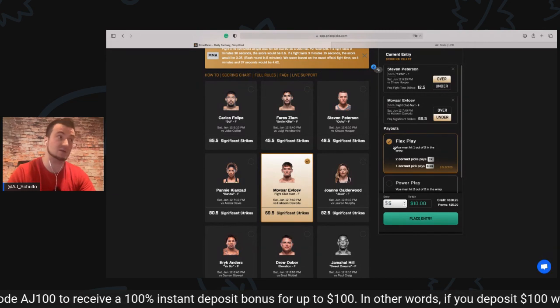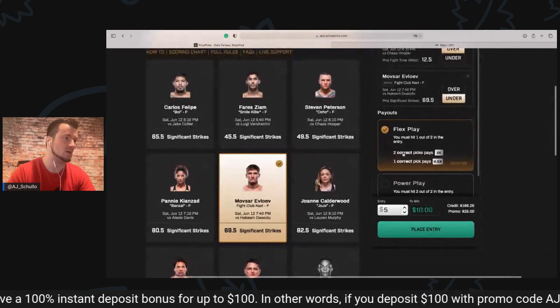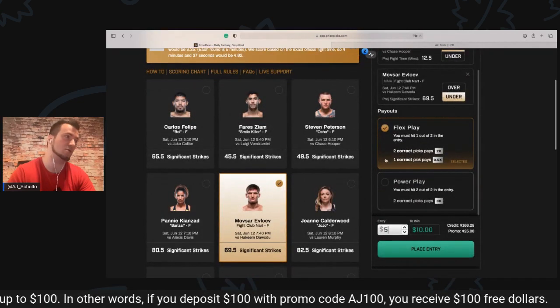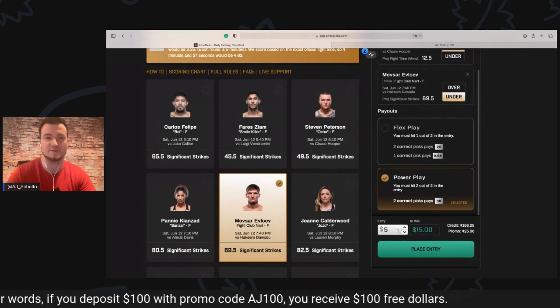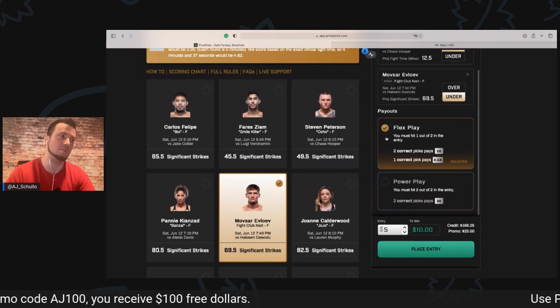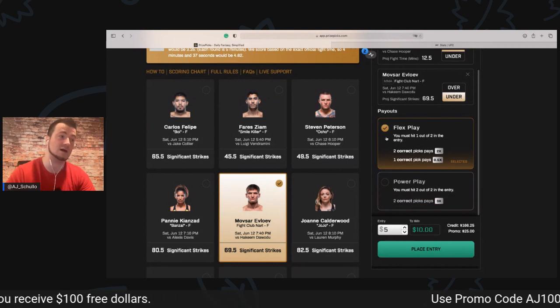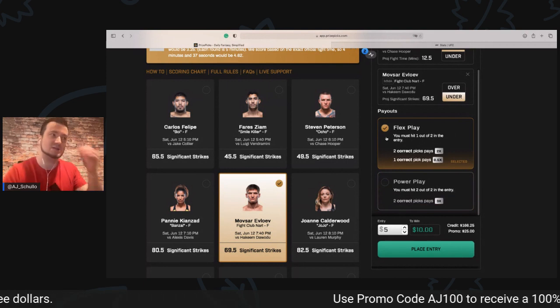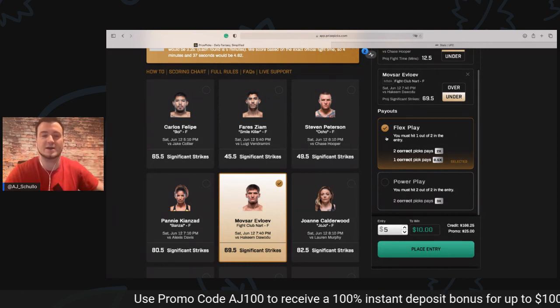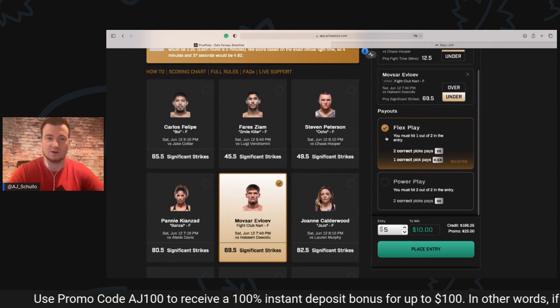And then if I just select the flex play right here, like so, I just need one of these two to cash, and then that $5 will turn into $10. Or if I want to select power play, that $5 will turn into $15. So it's the difference between doubling and tripling your investment. And I don't want to get greedy, and I don't want to get cute either in theory, but at the same time, I could double my money when only one of them has to cash. And so to me, the flex is just kind of a no-brainer, regardless of how confident I am in